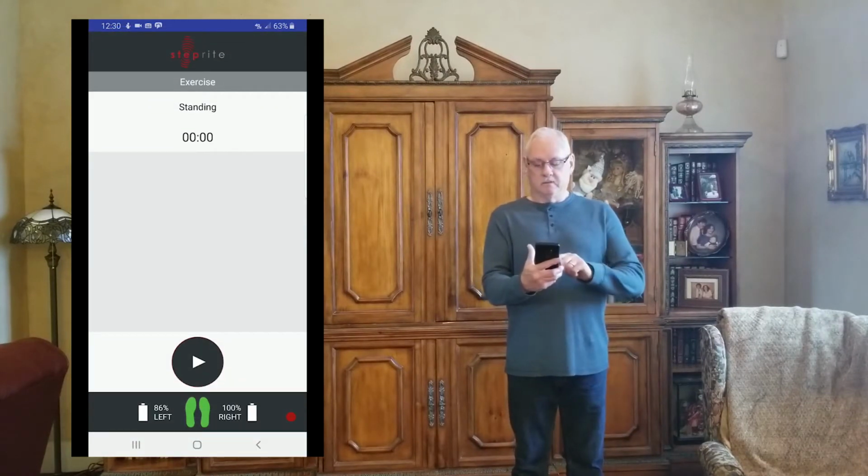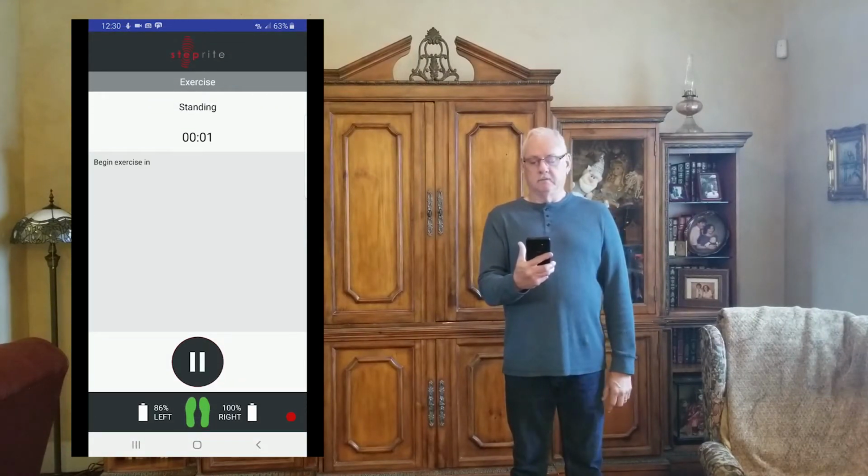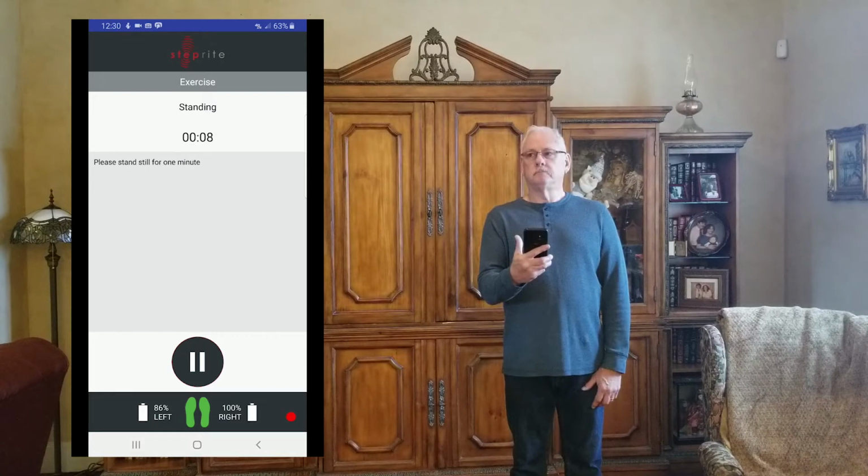Once calibration is complete, you will see that the app automatically proceeds to the next exercise. In this case, and always, it is standing pressure. The importance of standing pressure is to determine the symmetry of the left to right leg as well as quadrants of the foot. This exercise will show if the person is behind the ankle or on the ball of the foot, or if they're pronating or supinating, all of which means something in regard to their pain or ability to stand equally